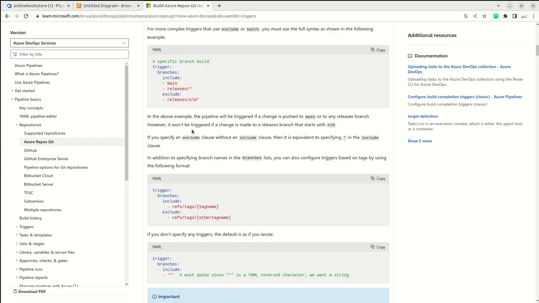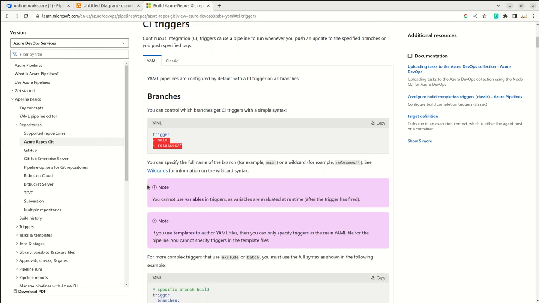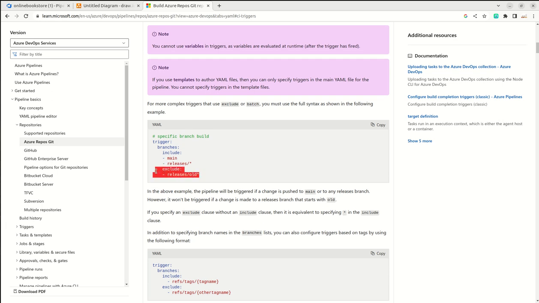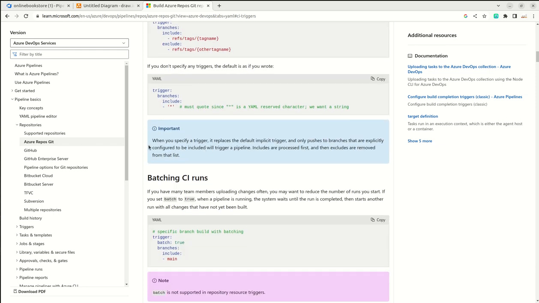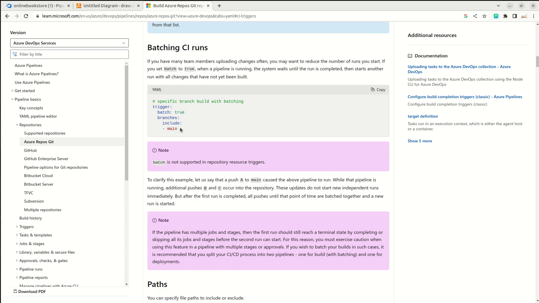And if you see the documentation here, we can include which set of branches we want to control this continuous integration, and we can also exclude some of the branches, and here this star means it's going to include everything. Okay, it is just to include only the main branch, and when we say batch true, that means